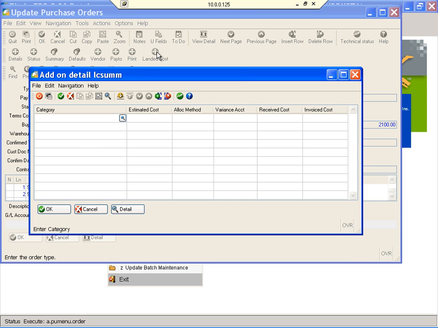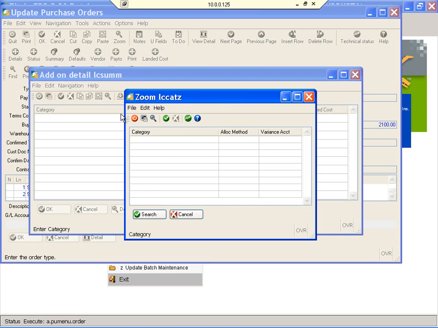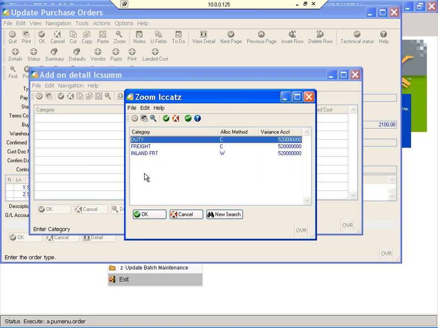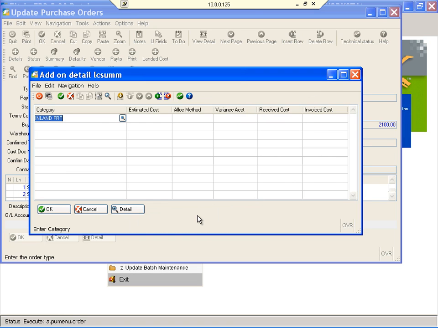For this PO, I'm going to be charged inland freight, estimated at $300. The cost allocation method for inland freight is based on each item's weight. Therefore, items weighing more than others will have more of the freight cost added to their item cost when they are received into inventory. Other cost methods include